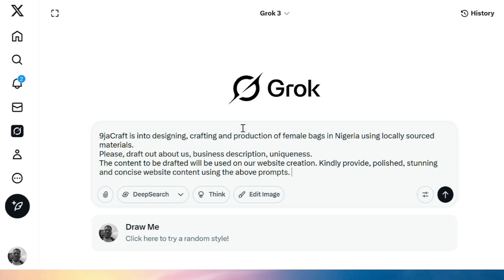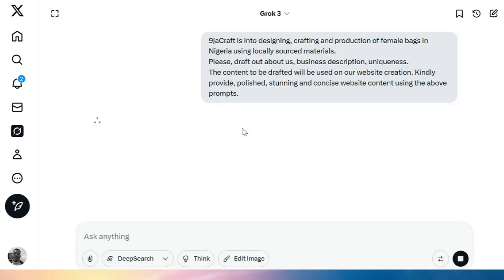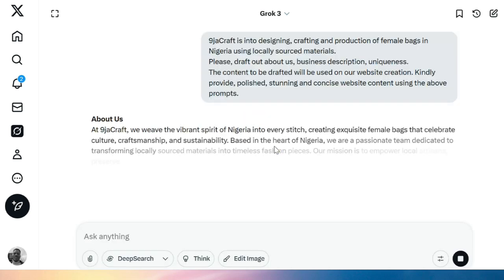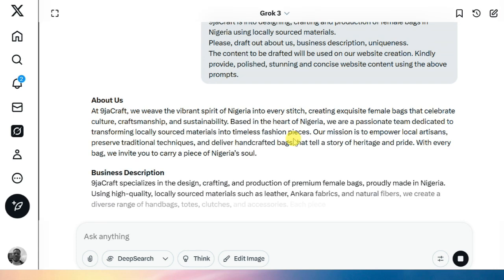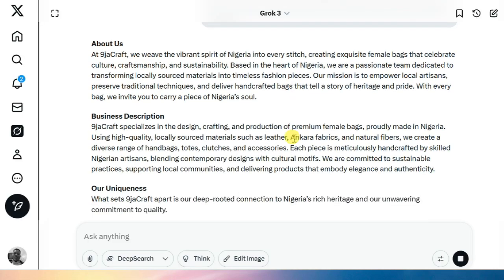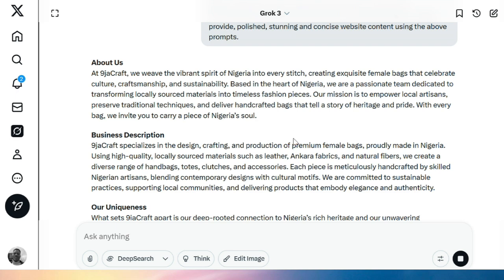So let me press enter. You can see the about us, then you can see the business description, our uniqueness. You see, we've actually crafted out everything about the website.